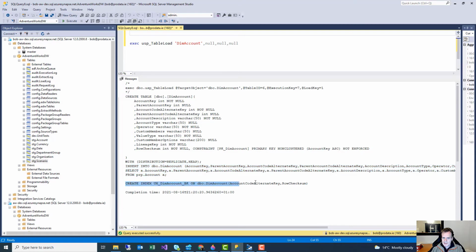It's automatically created a unique index on the business keys. So the business key in this case is a unique business key, so just a single key. Sometimes a dimension could be a multi-key, right? And we've added a row checksum that we use to see if the data has changed, right? Now, if I run this a second time, the table's already there. So the second time, the stored procedure will generate